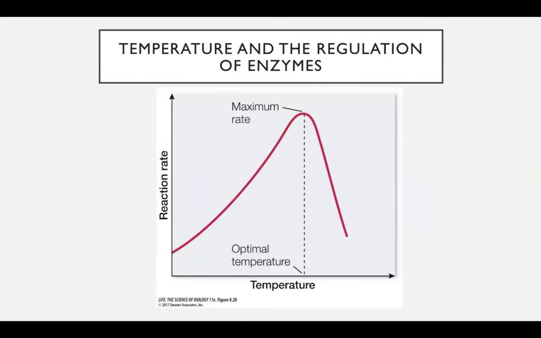Isozymes function optimally at distinct temperatures. And extremely high temperatures or extremely low temperatures can inactivate the enzymes by breaking non-covalent bonds. And as you mentioned, enzymes are proteins. So if the protein structure is disrupted, we refer to that as denatured. High temperatures or low temperatures can denature the protein because it disrupts the structure of the enzyme, and so the enzyme would obviously not be able to work.